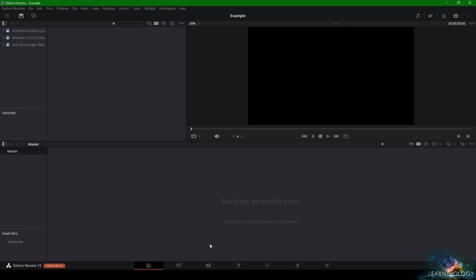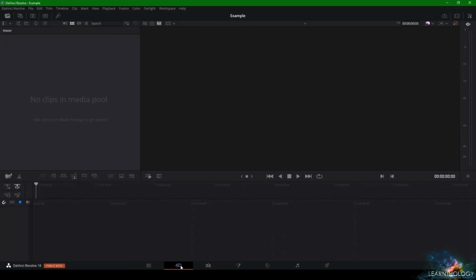Now, moving on to the next tab, the Cut tab. The Cut tab is just like the Edit tab, but it's a simpler version. So it's used only if you want to make simple videos, and it can speed up the process a little bit, but I do not recommend using the Cut tab because it's simply not enough if you want to edit great videos. So if you want to make great videos, you will have to use the following tab, which is